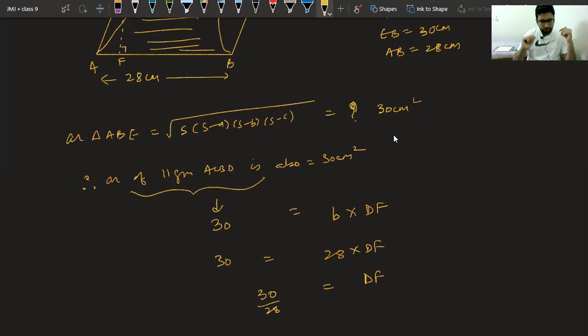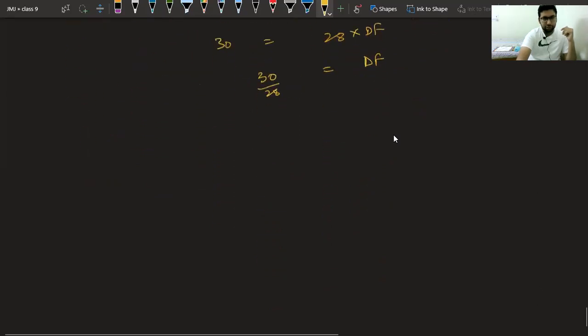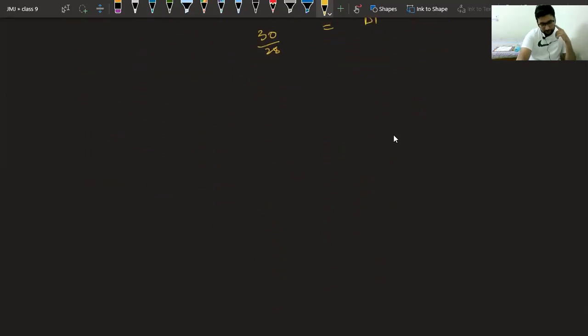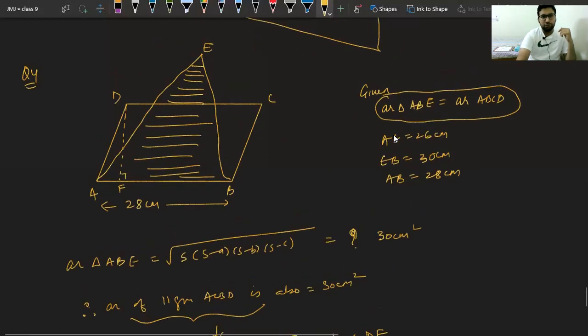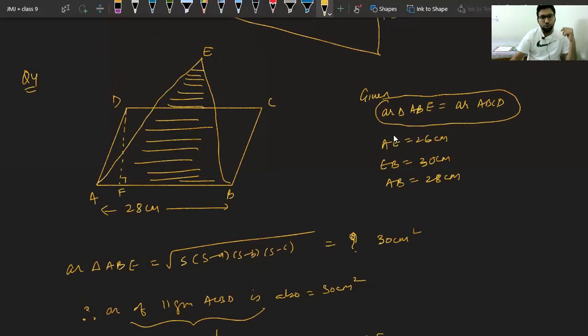Please confirm. What we have done is we have found the area of the triangle and then we use that area for the parallelogram, and with that we have found the height. Okay, please confirm. Piyush has confirmed. Others, please confirm. So three sides are not given, Ariman is saying. Okay, Ariman, if you observe triangle ABE, you know AE, you know EB, and you know AB. Then why are you saying we don't know? Yes, Ariman? Beta, we have triangle ABE.